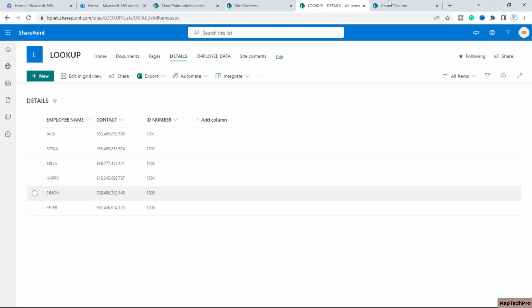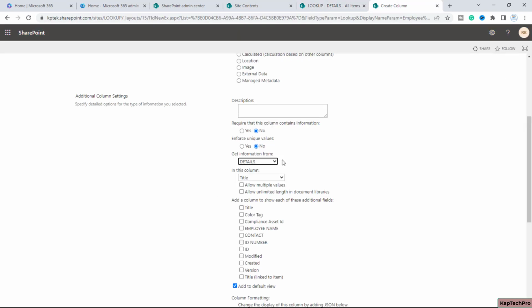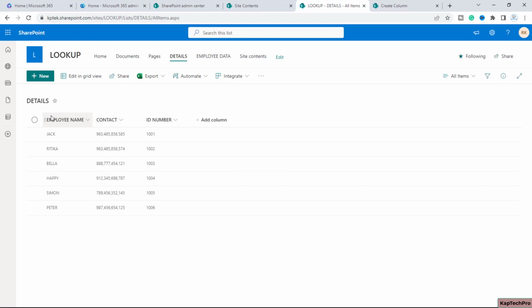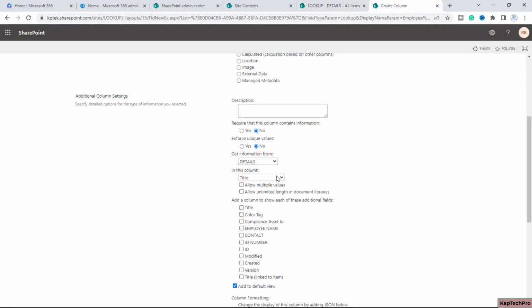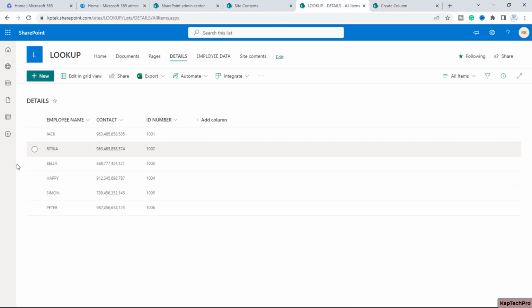This is our list details. So we have selected this information, get this information from this list, and in this column, like inside this list details, which column basically you want to use. So if you click on this drop down menu, there are multiple columns which are there inside